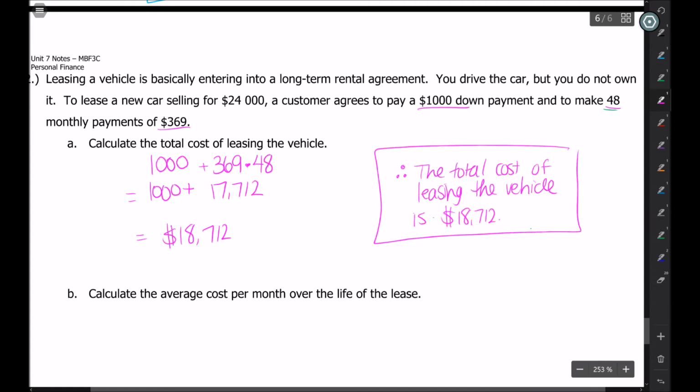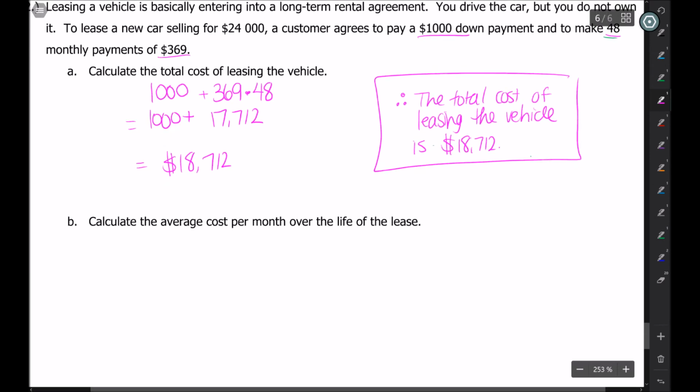$18,712. Okay? And then part B says to calculate the average cost per month over the life of the lease. Well, we know that it's going to cost a total of $18,712, and that's going to be over 48 months. So I'm going to divide this by 48 months